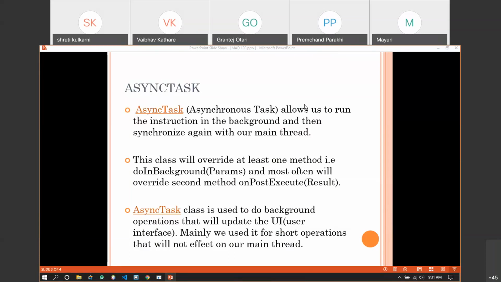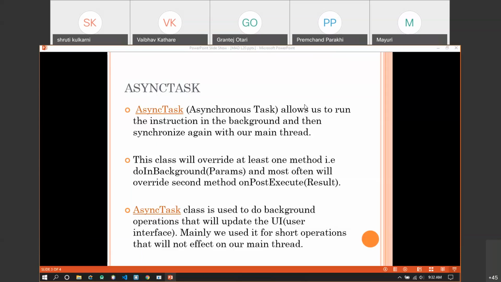Now, in order to create a better user experience, it is suggested that long-running operations should not be run on your main thread or UI thread. The tasks which perform an operation for a longer time should be executed in the background. The term async task allows you to run your longer running operations in the background, without creating any extra load on your main thread.